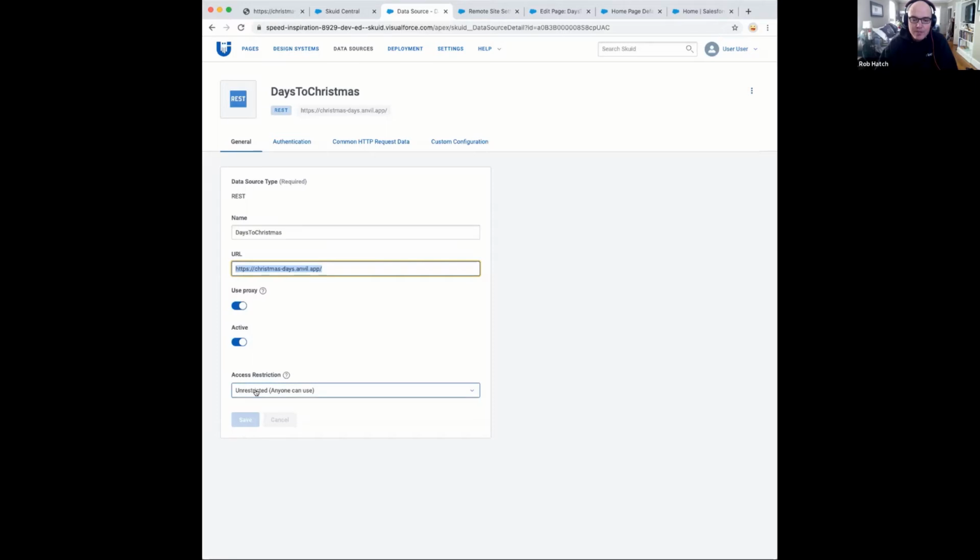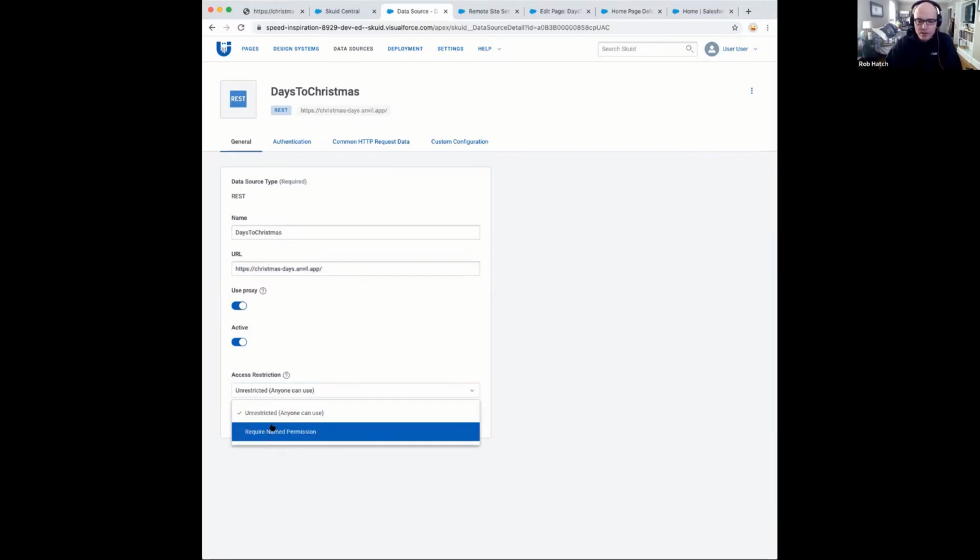Now, this REST API is completely open, so there's no authentication against it, which is probably not exactly realistic in the business world. Probably there's going to be some OAuth authentication or some username and password that has to be presented to get the data back from whatever third-party data source you're invoking. But Skuid can handle all of that. So if we want to add a named permission or add some sort of authentication provider